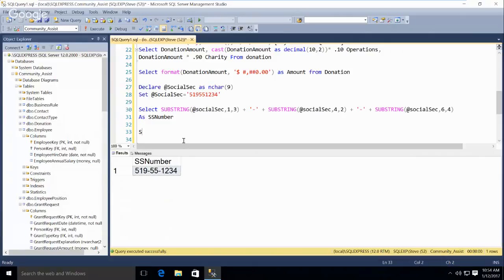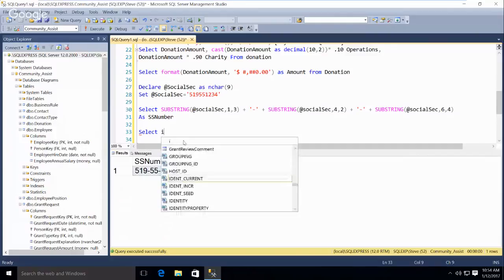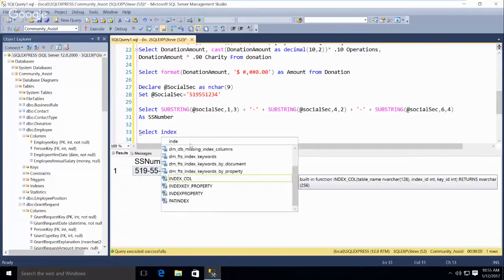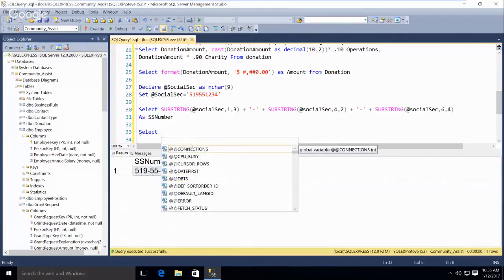Quick question. I noticed variables are not case sensitive, right? They are not. On row 31, you typed it differently, yeah, it'd be fine.